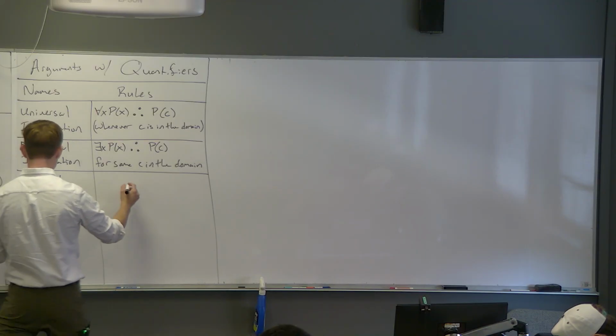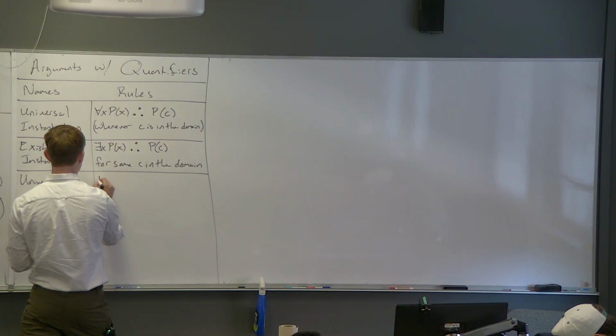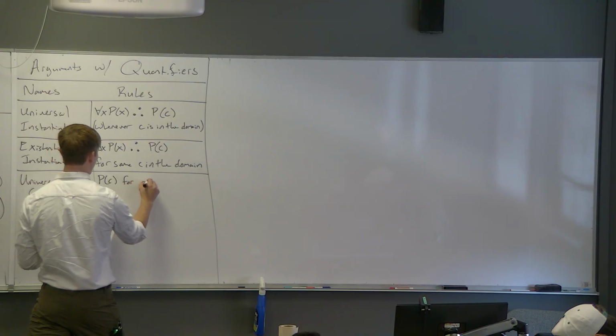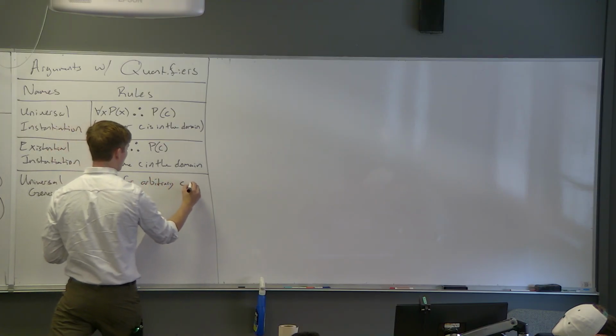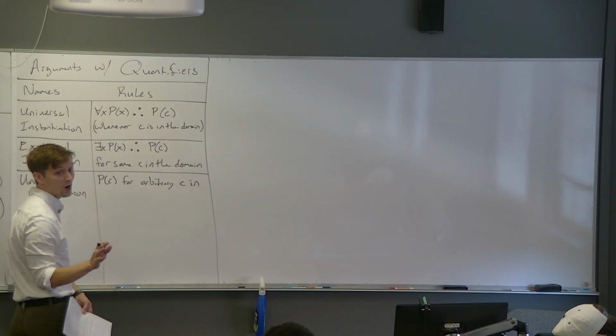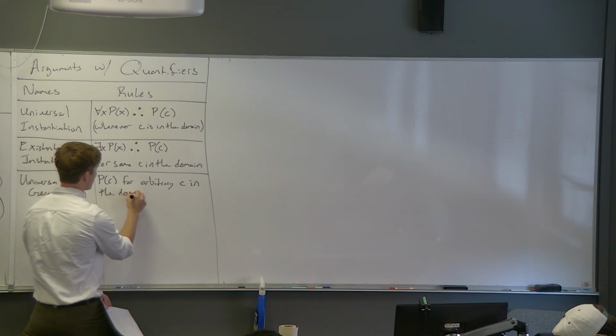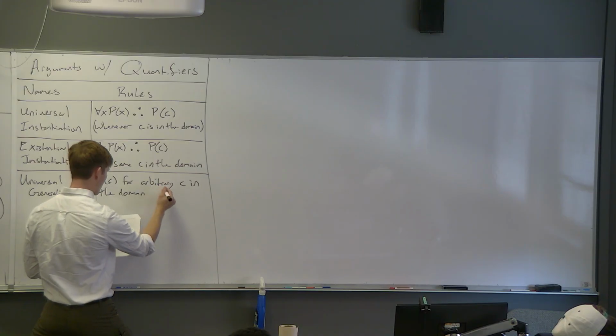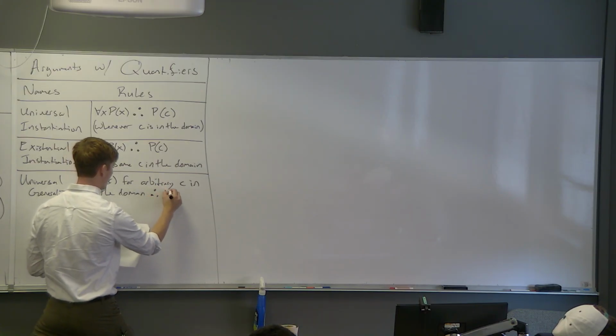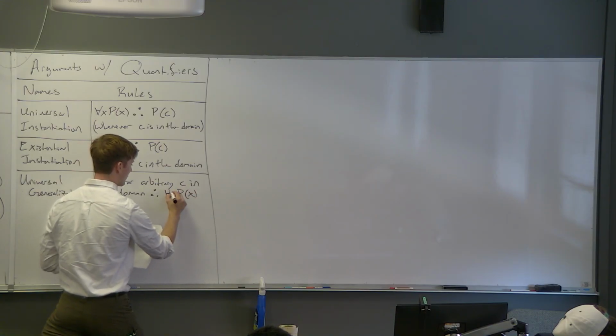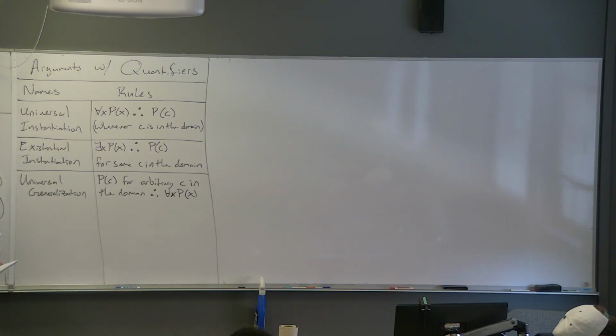Universal generalization, which says if P of c is true for an arbitrary c in the domain, then our therefore statement is that for all x, P of x is true. So this is something you'll see a lot. Where you say, like, let n be an arbitrary integer, then prove a statement about something involving n. And then at the end you say, since n was arbitrary, therefore we may conclude that the statement holds for